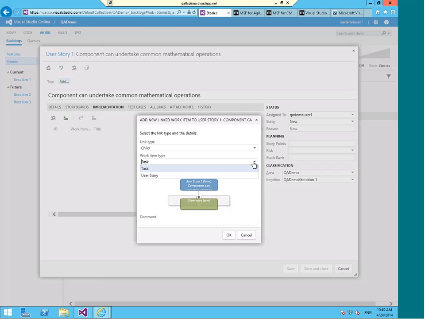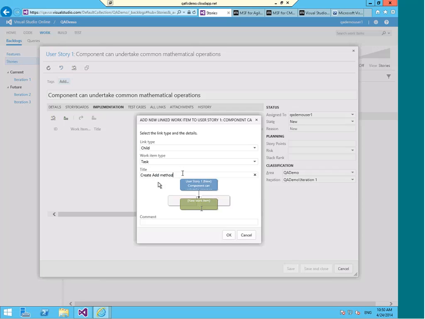Okay, so I'm going to make myself a child task. I don't know, what should we have here? Create multiply method. Should we start with the easy ones? Let's do add method. Okay, so we're going to have really simple little tasks that we're going to perhaps link out through to our